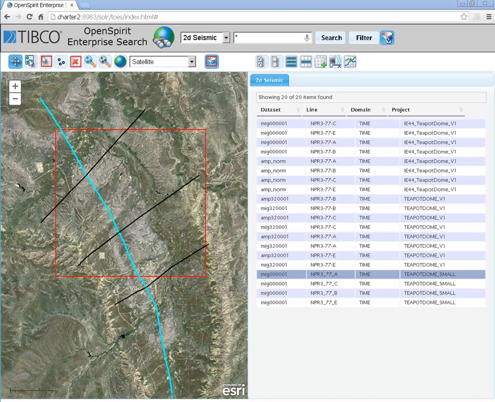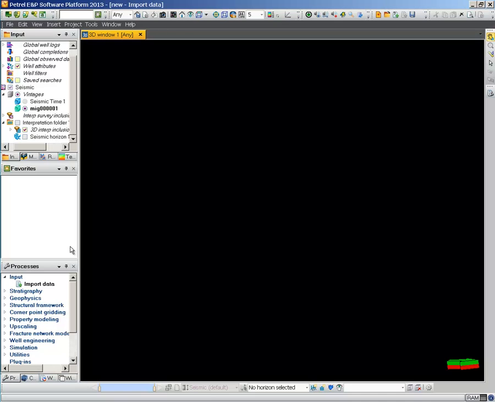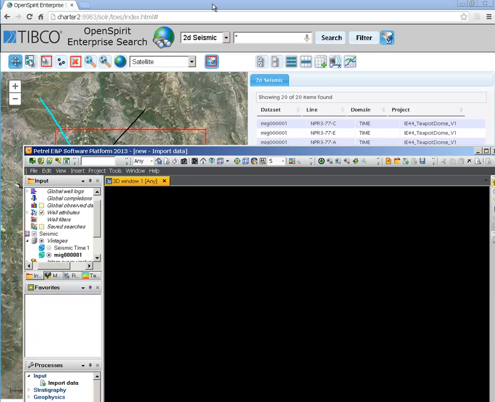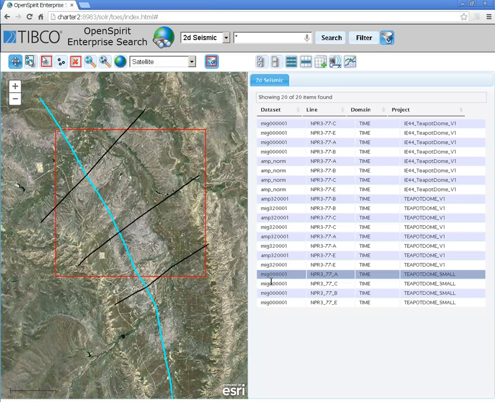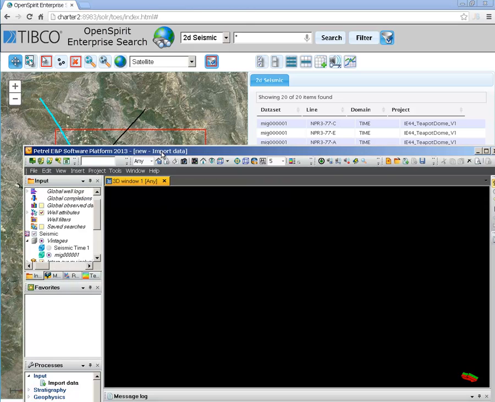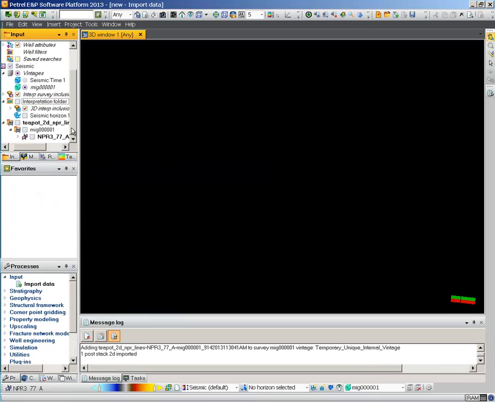So let's do just that. We're going to bring up Petrel, and we have a Petrel project that has no data in it. There's no well or seismic data currently loaded to this Petrel project, but we're connected to OpenSpirit. We're using the OpenSpirit adapter for Petrel, and it's connected to OpenSpirit. So now if we go back to our search interface, we'll take that same seismic line we looked at a moment ago inside of our web viewer, and we're going to broadcast that, send that identity of that seismic to Petrel. That causes Petrel, which is listening in the background here, to go ahead and import that seismic line,